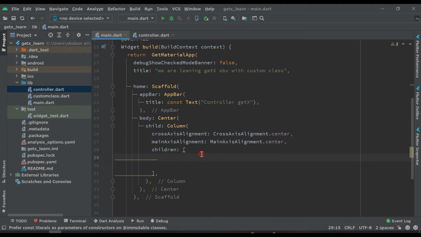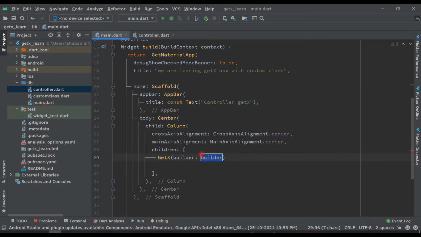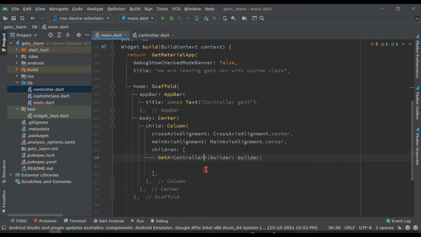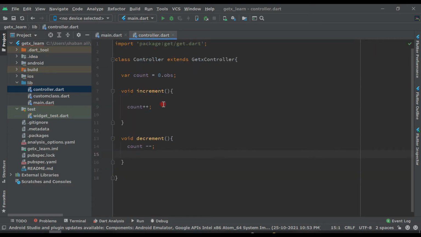Now inside this children here we have to say getx, and before this here we have to write controller, and break this code like this from here and write here init controller which we have created, this one controller.